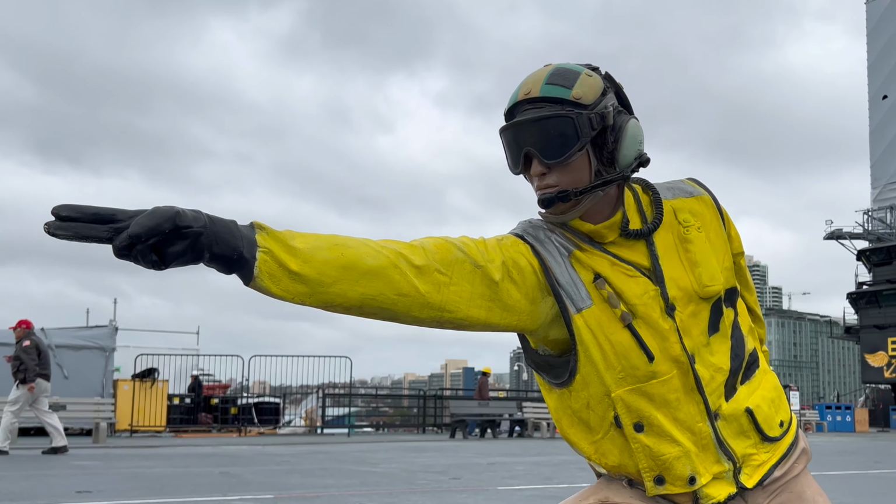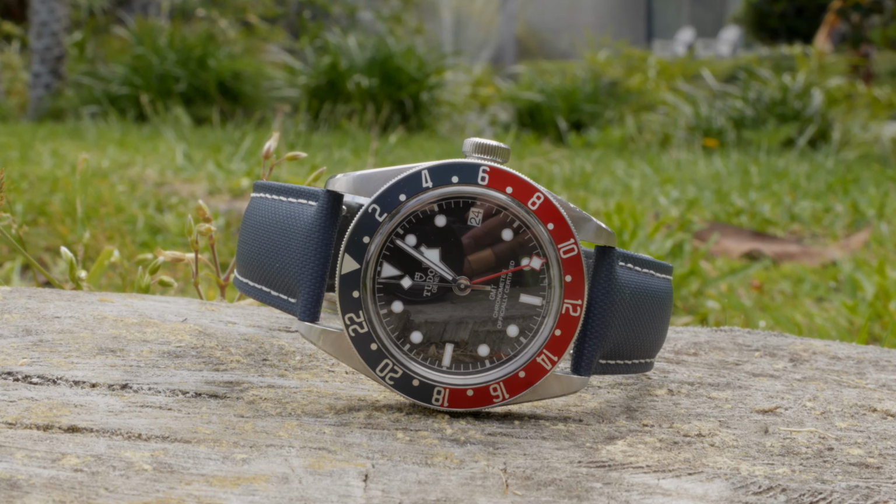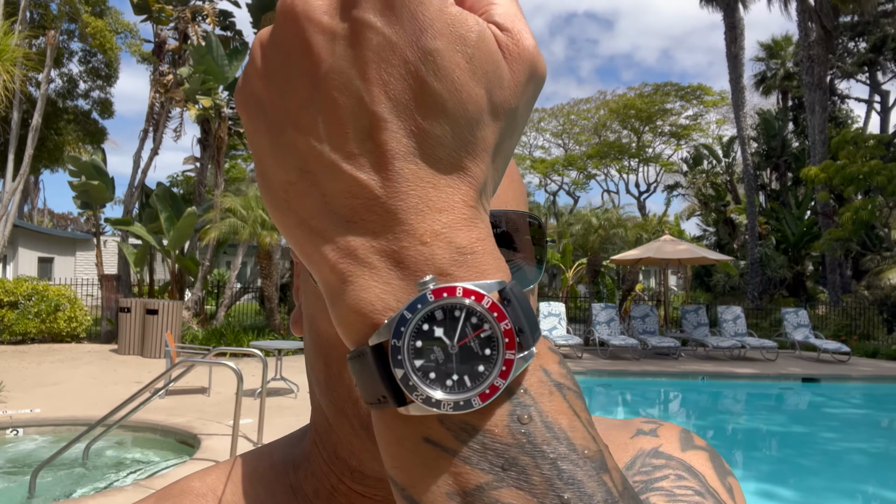Well, for starters, Coke, Pepsi, it doesn't matter. I don't drink either one of them. But as far as the pizzazz or the panache that they have, just spectacular with this new release for the 58 GMT. Now this is more like sunny California, San Diego. We're going to LA next, but we're going to enjoy our time here in San Diego with Tudor BLACKBAY GMT,